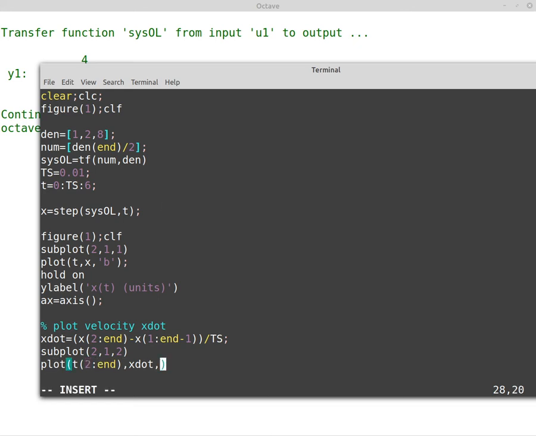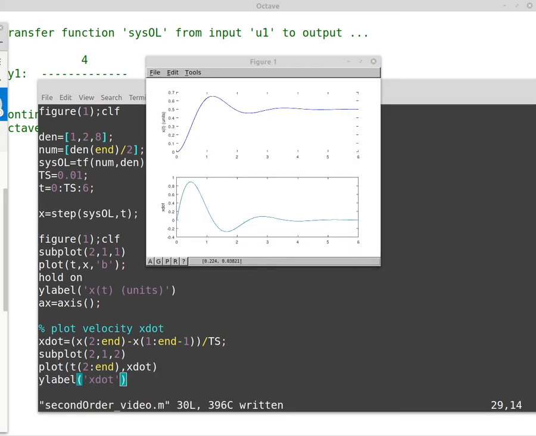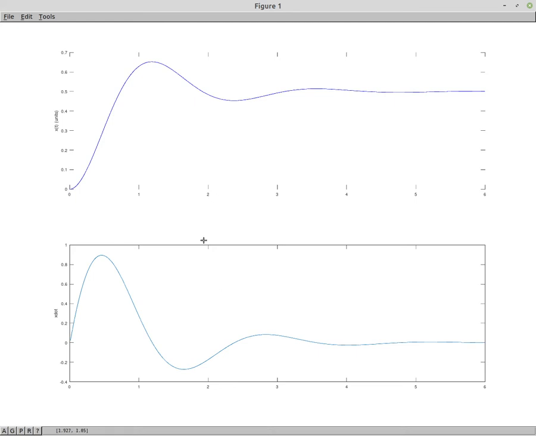Maybe I have another figure window open. All right, so here is my plot, and so we have x dot drawn down here at the bottom. So we have just our x and our x dot,